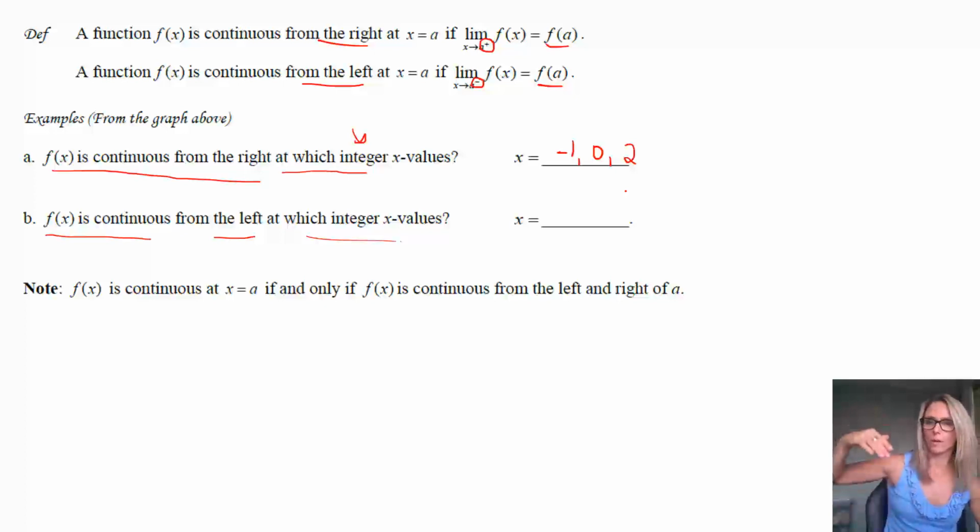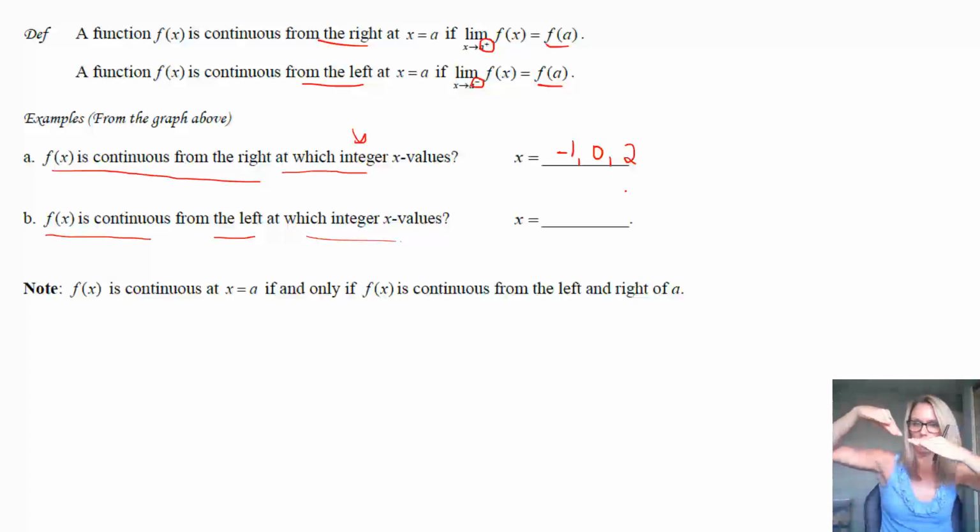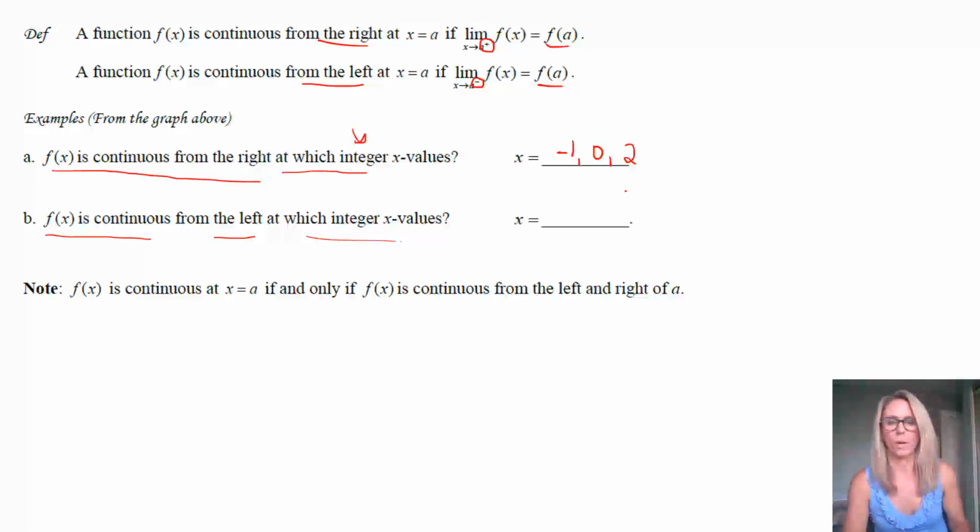So thinking about -1, so notice we come down and reach -1, and then there is a value at -1. At 0, that is an integer value. We're approaching a value, and then there's a value that exists, as well as at 2. So at 2, we come up and we are continuous from the right. From the left, the only value on this graph is just at 0 and 2, excuse me, 0 and 2.